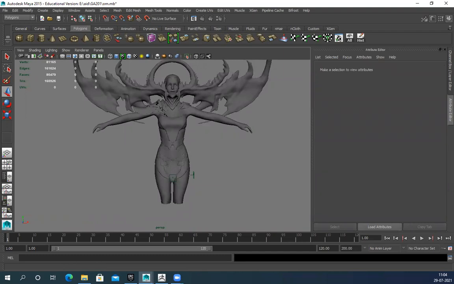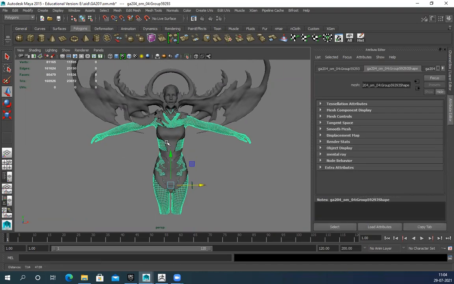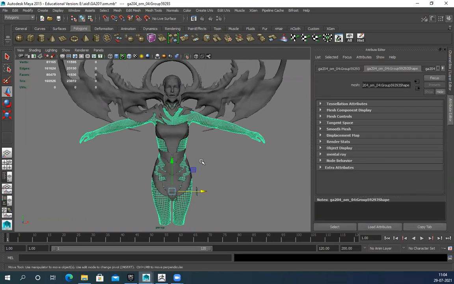So what I'm doing is, phase two, we are retopoing. For the rest of the part, I'm simply exporting from ZBrush the lowest subdivision level, the remeshed model. Then I'll check which parts I need to retopo again and which parts I can use directly.